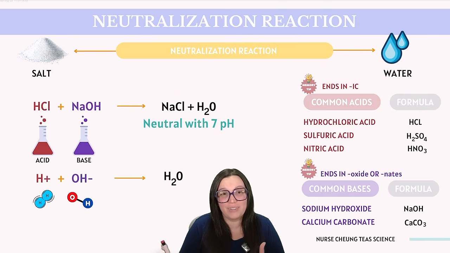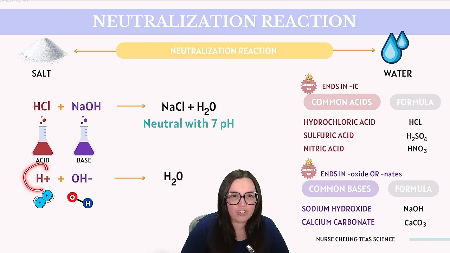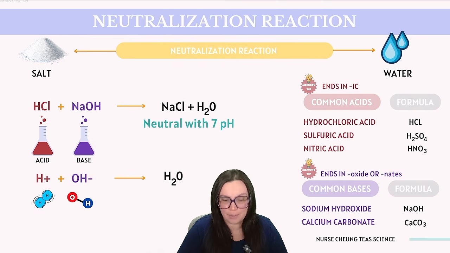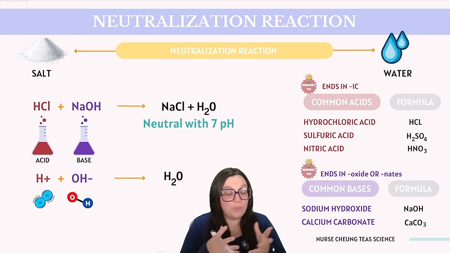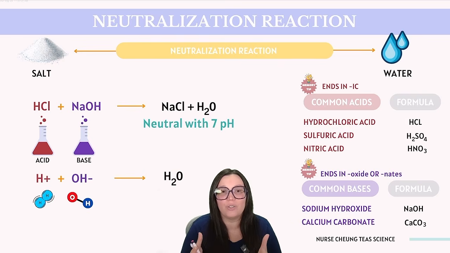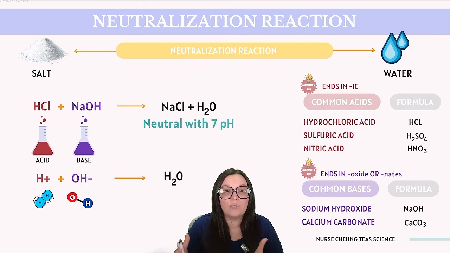These neutralization reactions can also be represented at the ionic level, where hydrogen ions from the acid and OH negative ions from the base combine to form water. Since both acids and bases neutralize each other, the pH of the resulting products is typically neutral, around a pH of 7. Before we move on to our practice questions, let's review some common acids and bases that you might